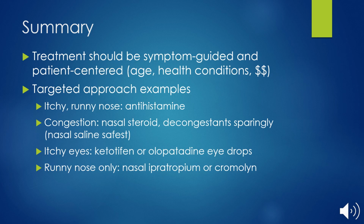So in summary, your treatment should mostly be symptom guided and patient centered based on their age, other health conditions, cost. All that kind of plays a factor into your choice of agent. And then additionally, I just wanted to touch on some targeted approach examples again. So if most of a patient's symptoms are related to itchy, runny nose, then your agent of choice would be an antihistamine. If most of their symptoms are related to congestion, then your most effective agents would be